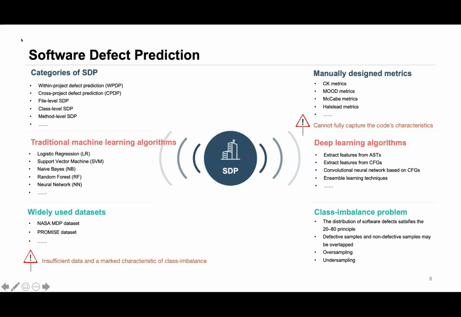Meanwhile, it has been reported that a specific classifier tends to detect a unique subset of defects, which means the capability of a single classifier to find all types of defects needs to be improved. Third, the two widely used datasets, NASA MDP and PROMISE, have problems such as insufficient data and a marked characteristic of class imbalance. It has also been demonstrated that the MDP dataset has data quality problems.